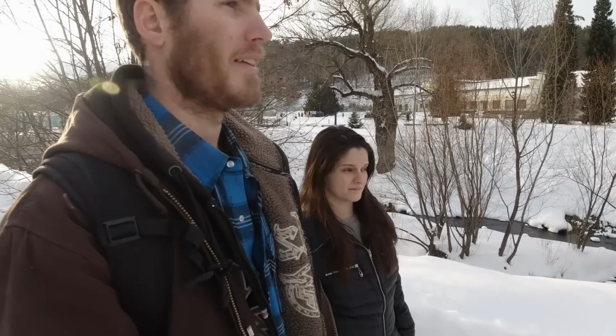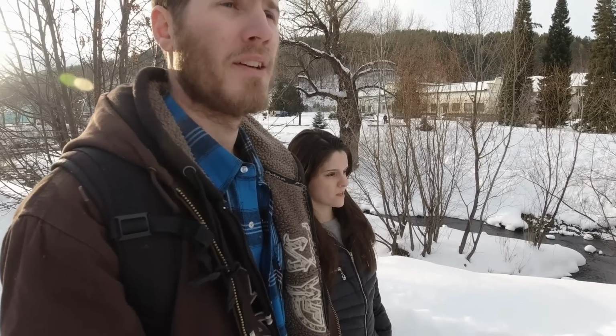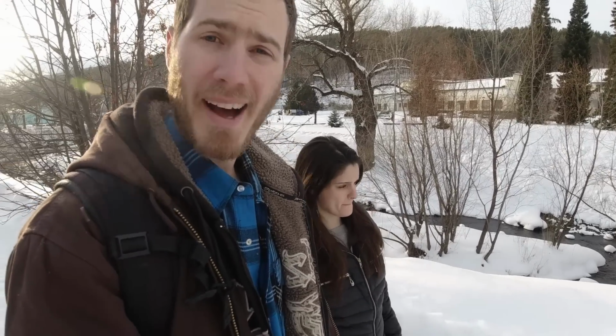This area that we live in, Altai, is well known for its fresh, clean air and clean, healthy water. So they have lots of paths around here that people can have walks, breathe the fresh air, and enjoy the nature as well. You'll see,